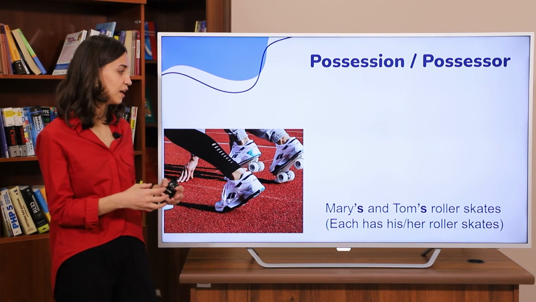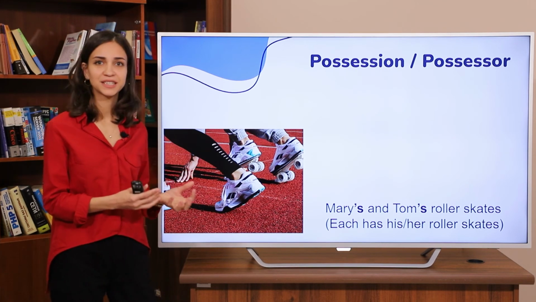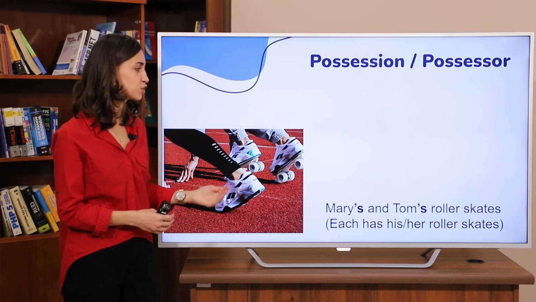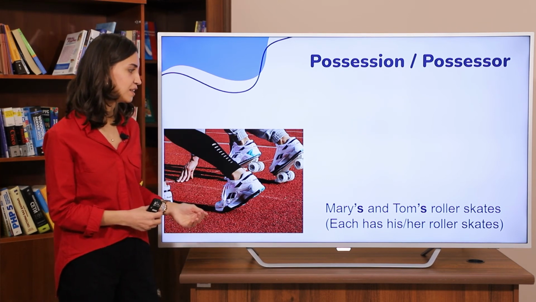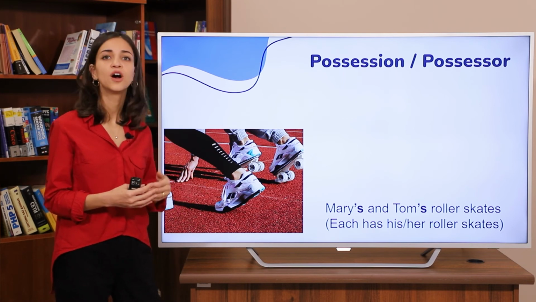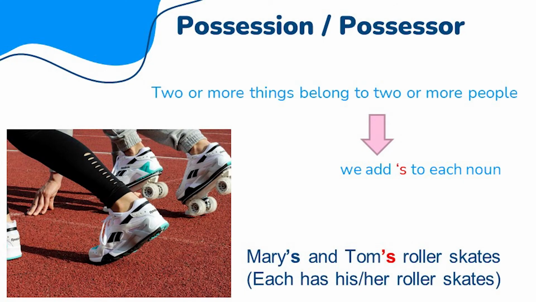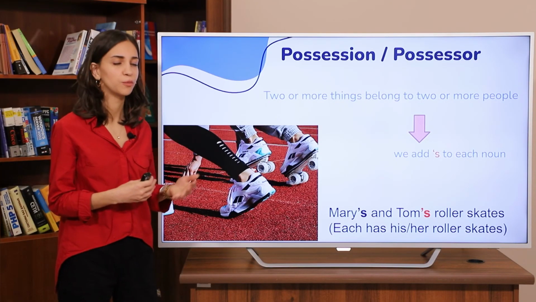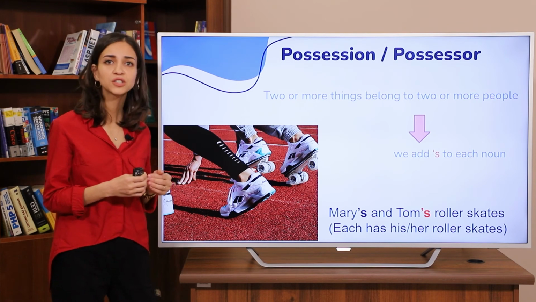So, how can we make the sentence in the possessive case? Mary's and Tom's roller skates. It means that each has her own roller skates. Let's look at the rule. Here we can conclude by saying that when two or more things belong to two or more people, we add apostrophe s